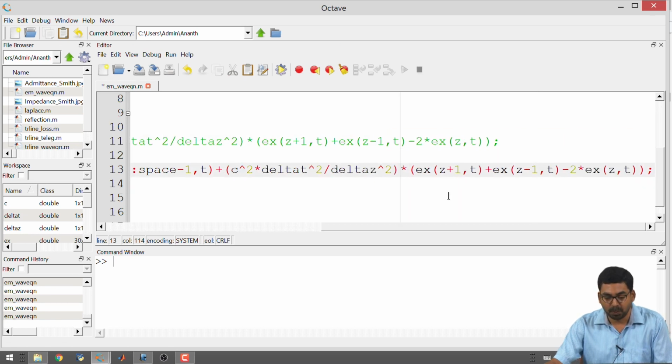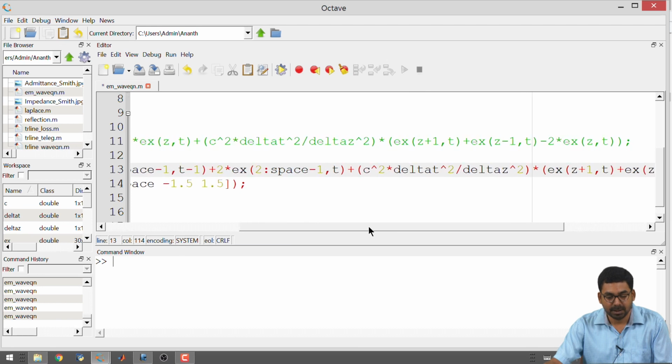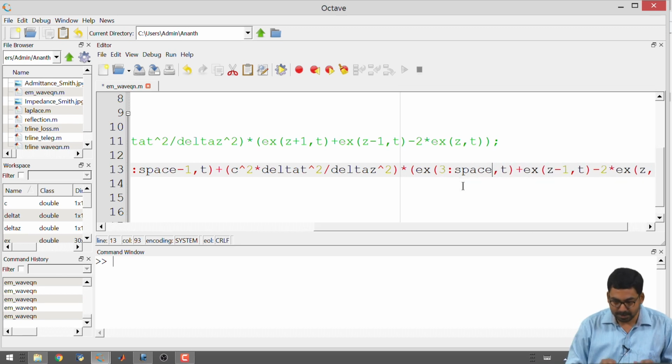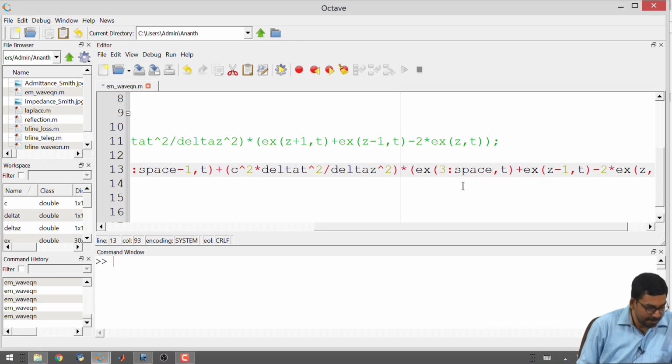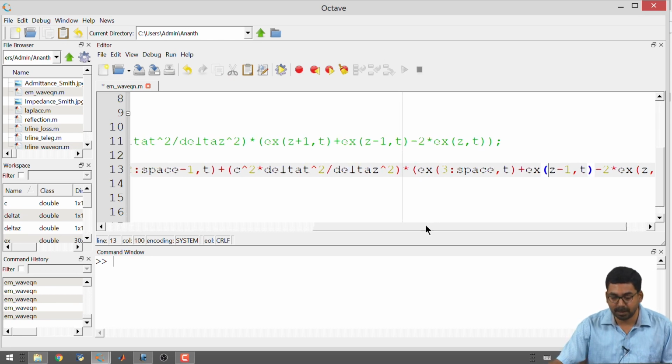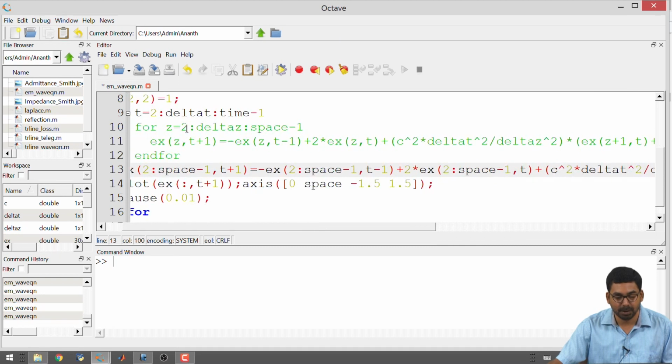So, z plus 1, where z is given as 2 to space minus 1, will be adding 1 to both the left and the right side of your colon. So, that means it will become 3 colon space, that is all. So, we were here, so it becomes 3 colon space comma time, and then z minus 1 just means that you will subtract 1 from the definition. So, you will be subtracting 1 from here. So, that becomes 1 and then space minus 2.